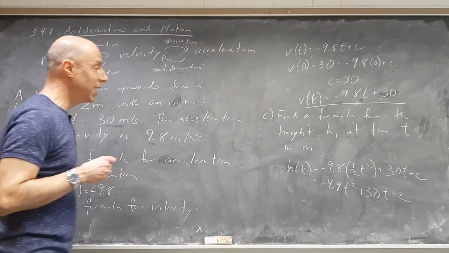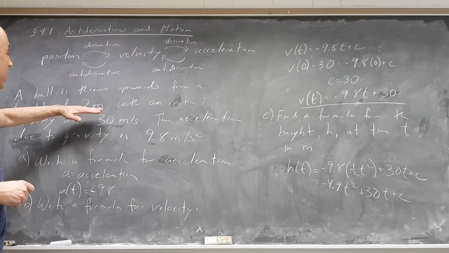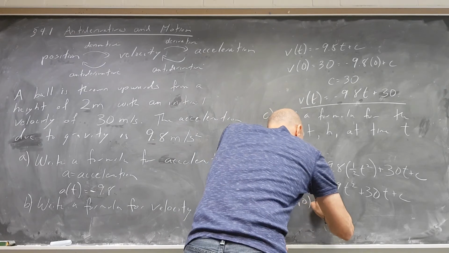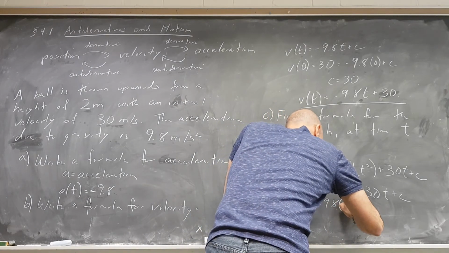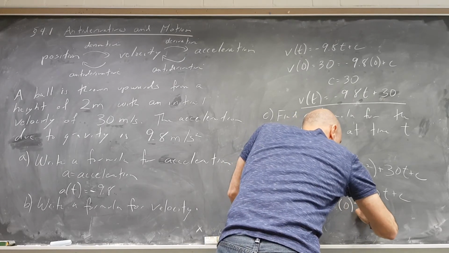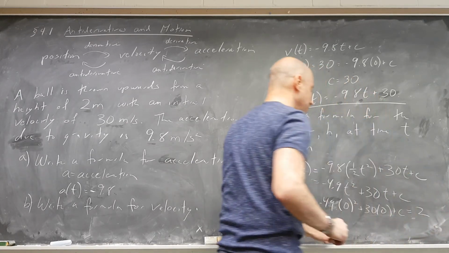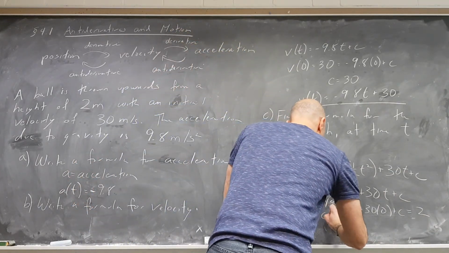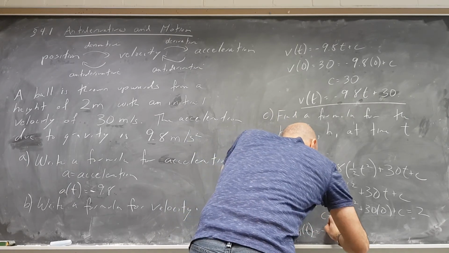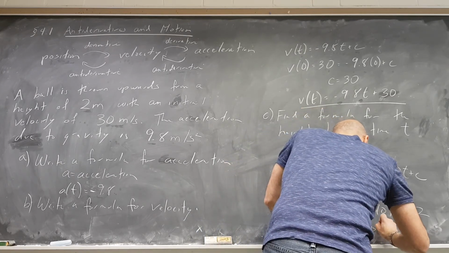And again, we'd like to know what the constant is. So let's go back to the original problem and look for some information. We know that at time 0, we're at height 2 meters. So h of 0 is equal to minus 4.9 times 0 squared plus 30 times 0 plus c, and it's supposed to be 2 meters. So c equals 2. So we can go ahead and write our final answer. h of t is equal to minus 4.9 t squared plus 30 t